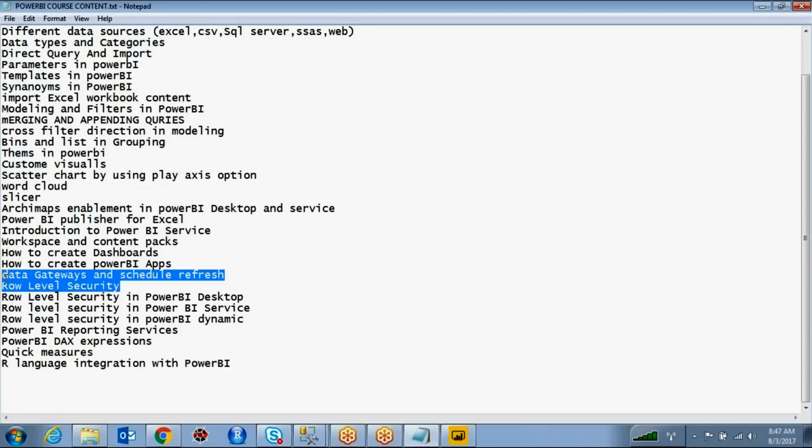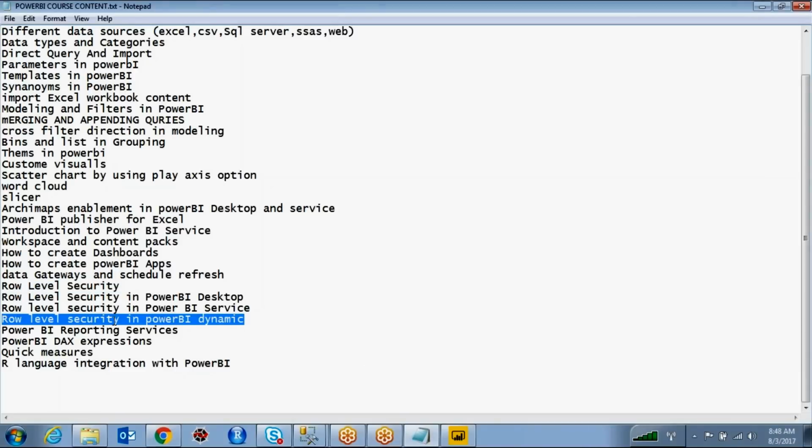And what is the row level security for your data, how you are going to give the row level security, and how you are going to provide dynamic security for the rows. For example, whatever report you are going to fetch, for a particular user I want to show only a particular category of information, only a particular set of rows. How are we going to implement that kind of security?